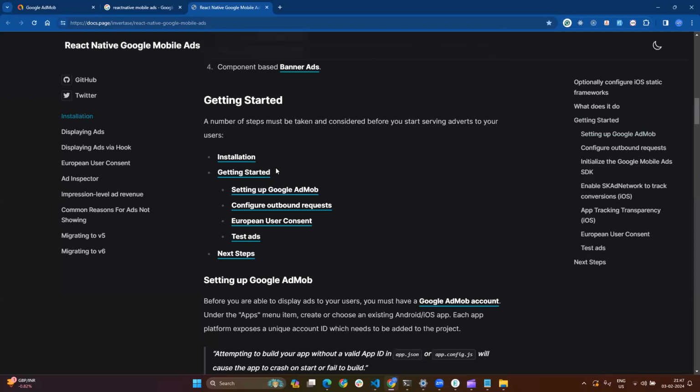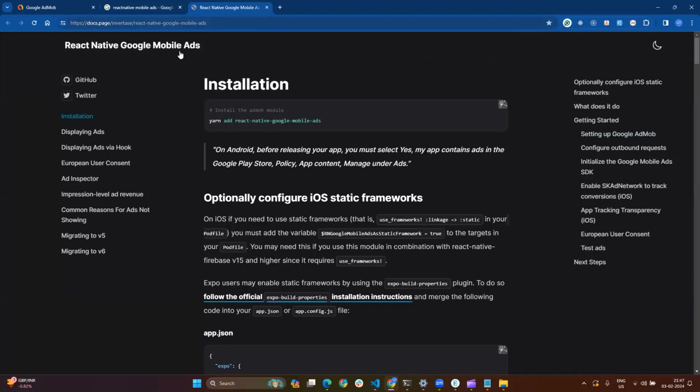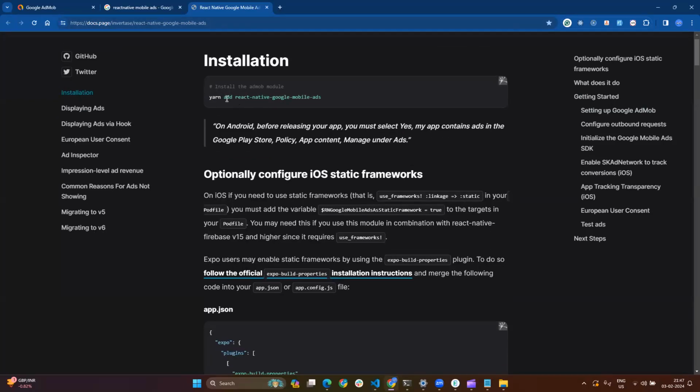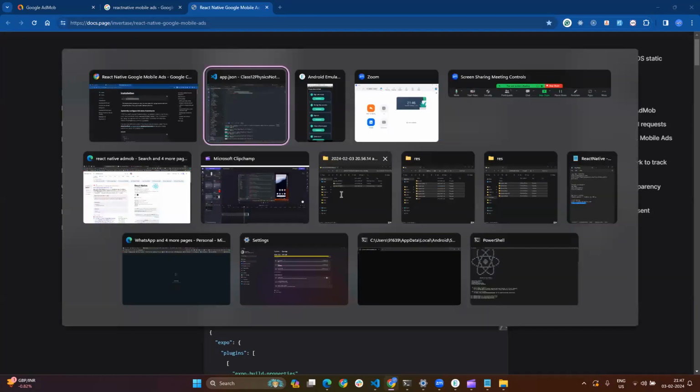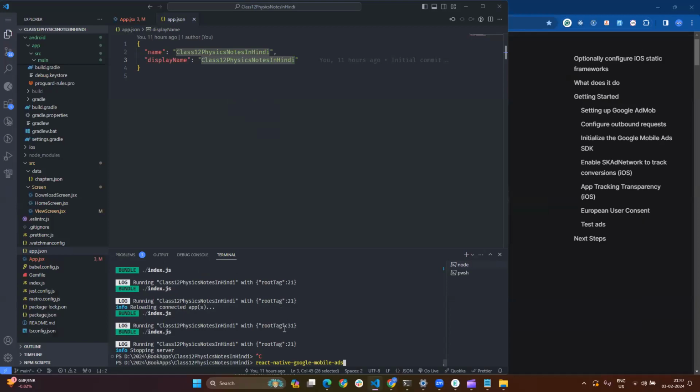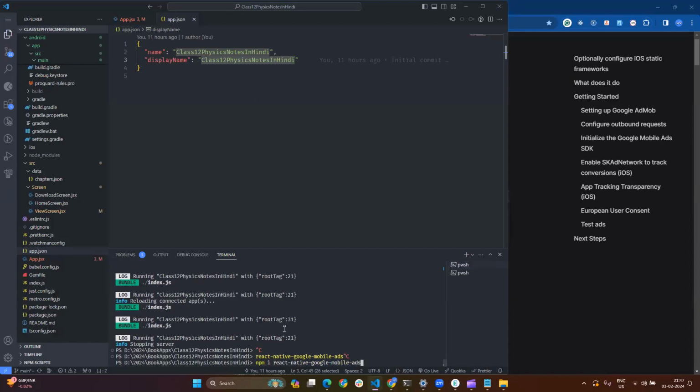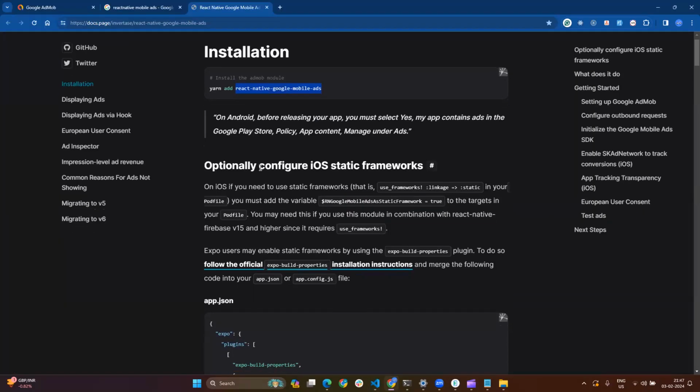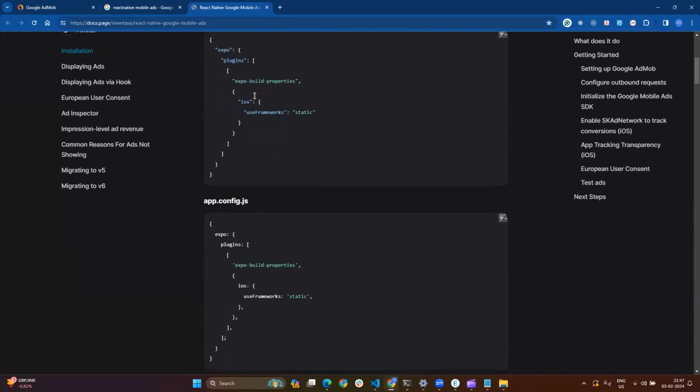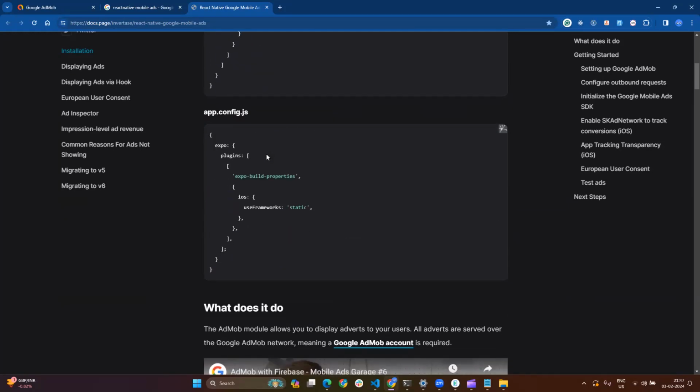Okay, so next, place the unit inside your app and complete this instruction. So we have to follow this React Native article. First we have to install this package in our app. So let me install this package quickly: npm react-native-google-mobile-ads. Now this is optional for iOS, so I can ignore it. Now this is for